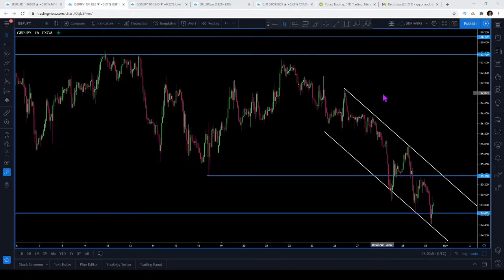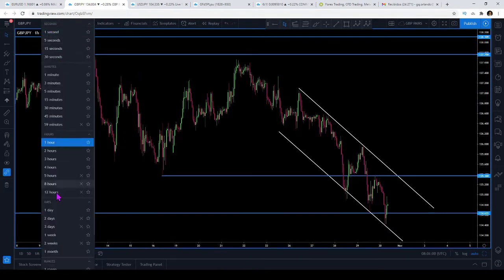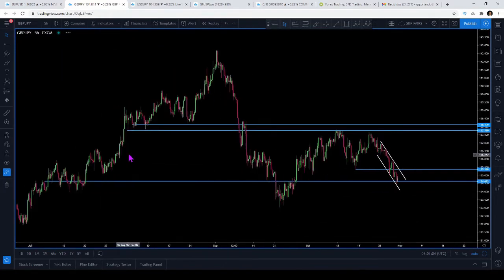Hello, everybody. We have today an analysis on the pound versus the Japanese yen. Now, if we go to the 4-hour chart, it's the same. You can see that we are reaching some big levels on the pound versus the yen, whilst